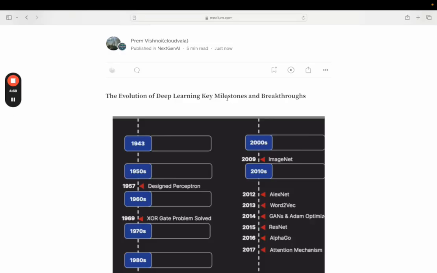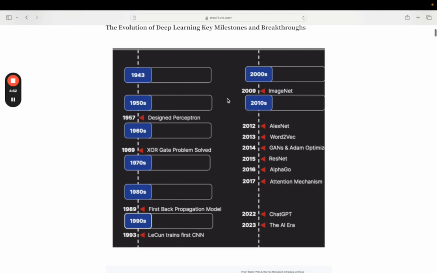Hi everyone. So today we are going to talk about the evolution of deep learning, right? We are going to talk about it century-wise, not decade-wise, every 10 years. So the journey of deep learning started in 1943, and then there was some evolution in 1953, designing some perceptron, and